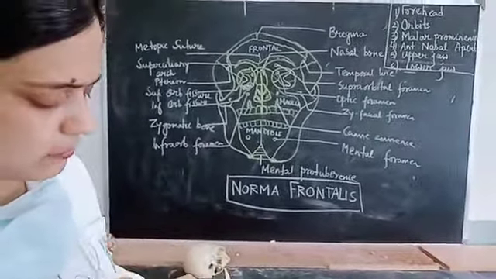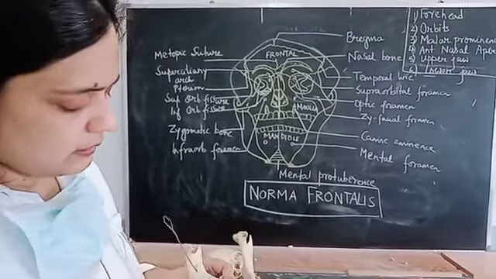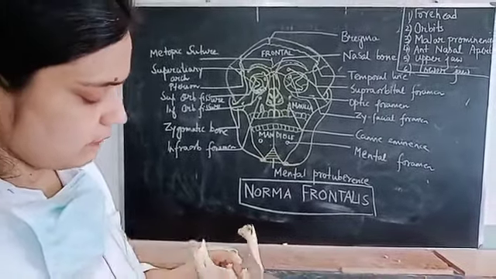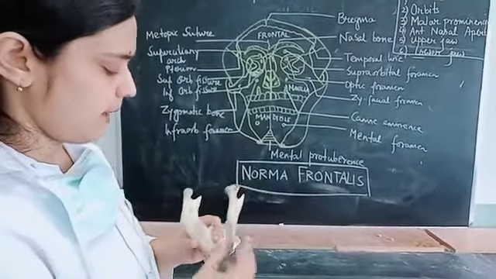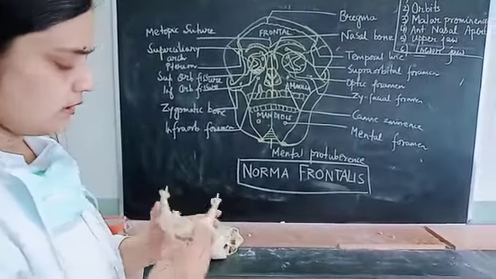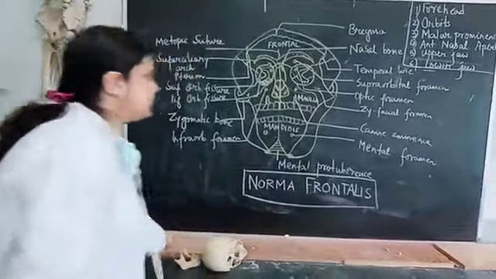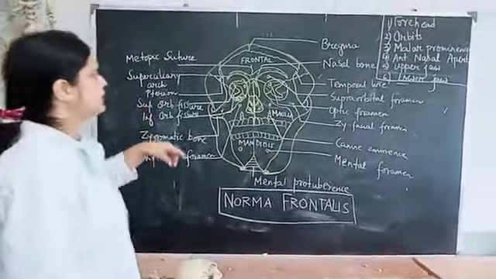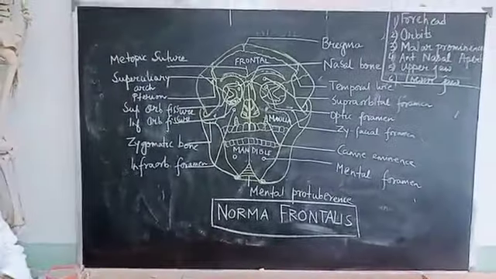This is the mandibular foramen transmitting the inferior alveolar vessels and nerves. The posterior border is overlapped by the parotid gland. These are the important features of the lower jaw, the mandible. Now see here in this diagram, basically this norma frontalis, we will find